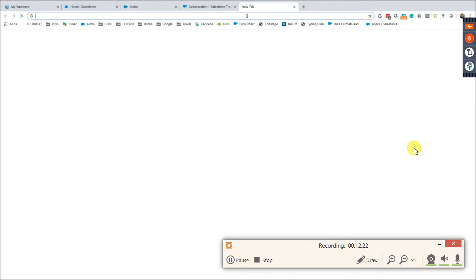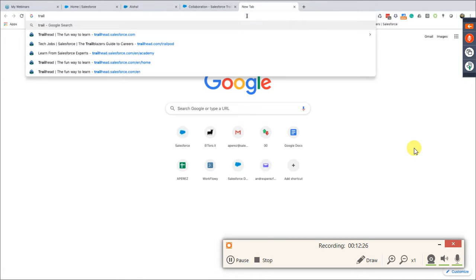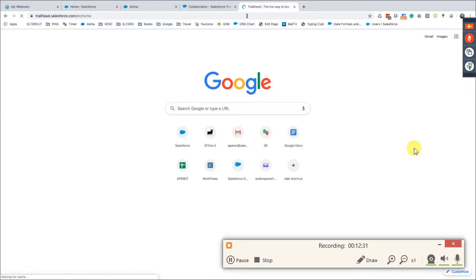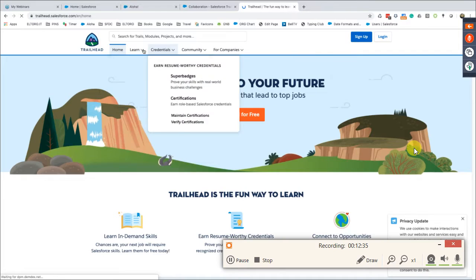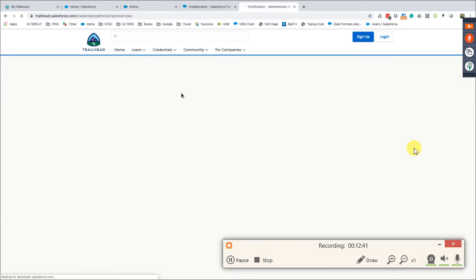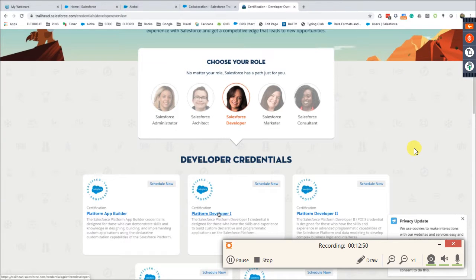And if we open a new tab and we go to Trailhead, Salesforce.com. And in Trailhead Salesforce, we go to certifications under credentials. And once you're here, you click on Clara. And you scroll down to Platform Developer 1. This is the exam that you are